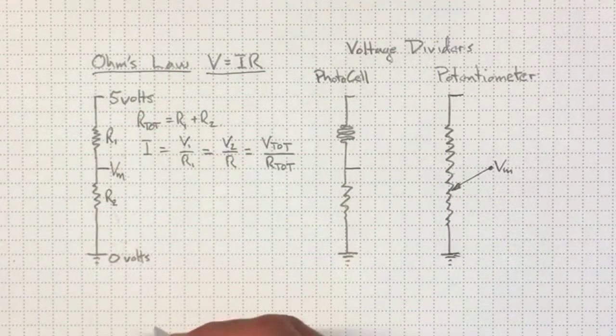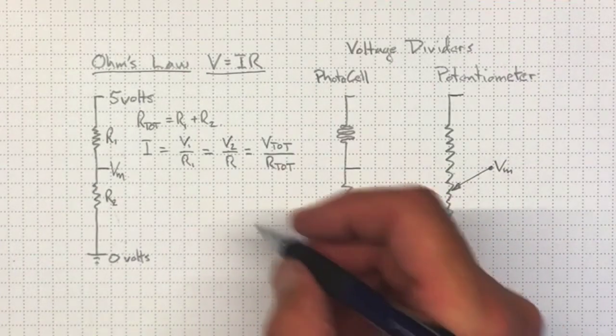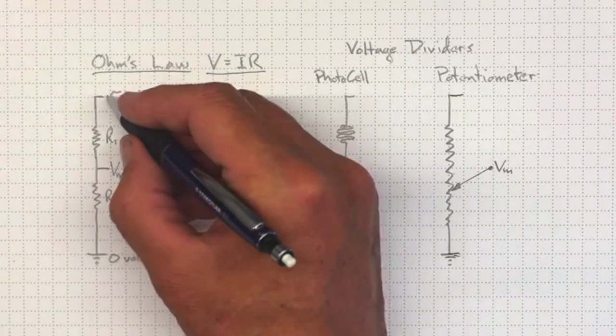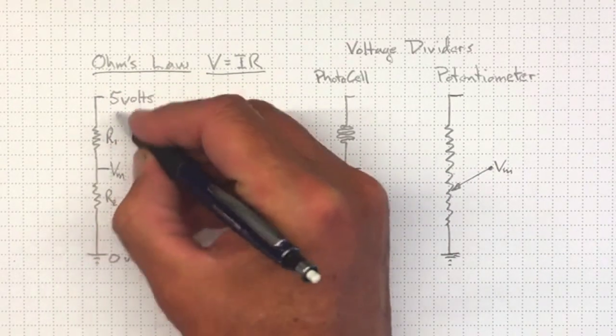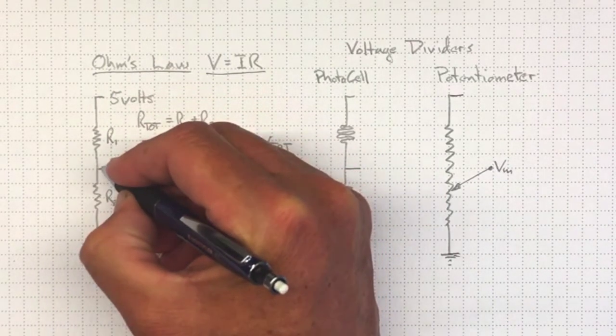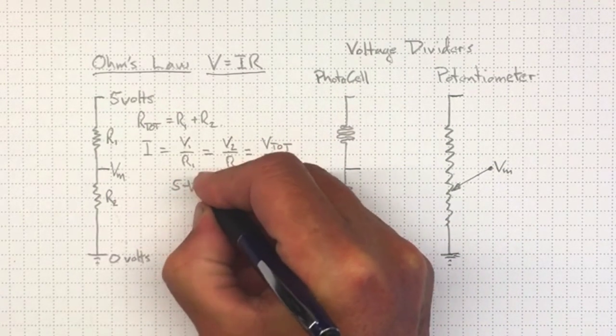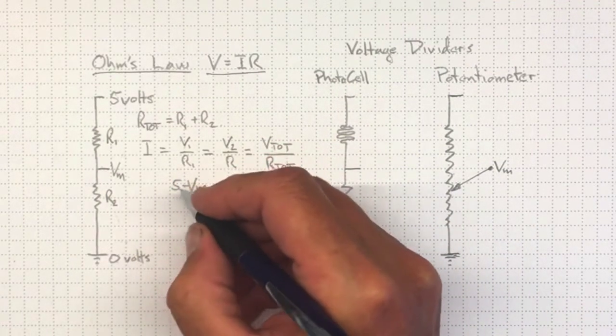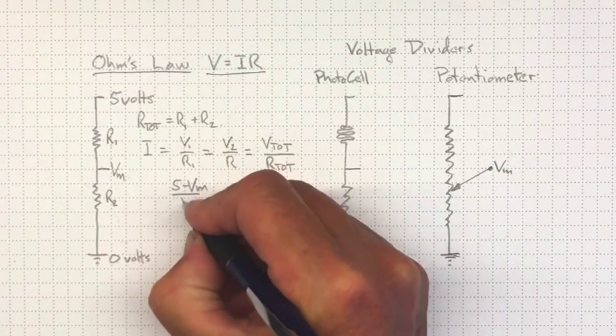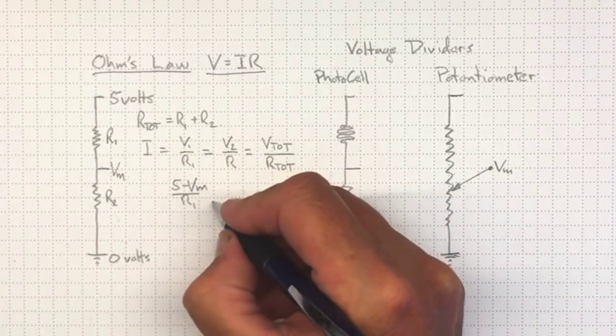So if we look at that, we're going to wind up with V1, well, that's the voltage drop from here to here. That's 5 minus Vm. 5 minus Vm divided by R1 equal to,